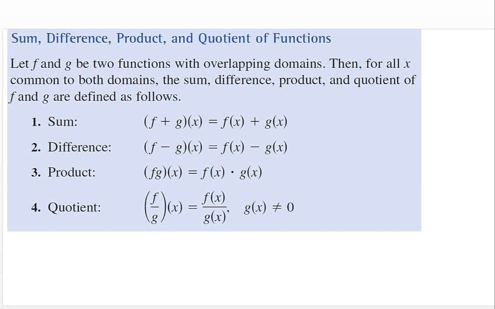Alright, so the sum, difference, product, and quotient of functions. This is pretty straightforward. The main idea you need to understand is if you have two functions and their domains are overlapping, then you're allowed to add the functions, subtract them, multiply them, or divide them. Just be careful when we're dividing. Remember you don't want 0 in the denominator, so you're going to have to restrict the domain for the denominator. Okay, so let's take a look at the first example,